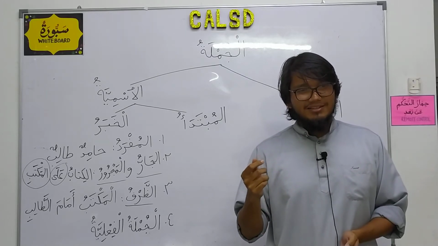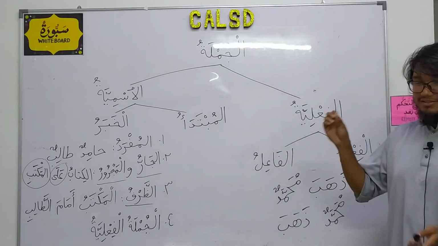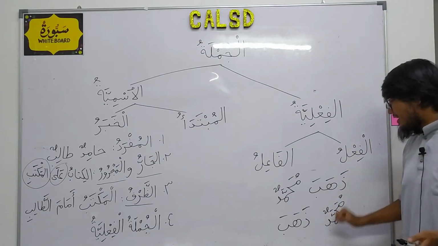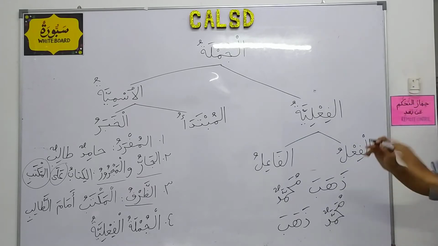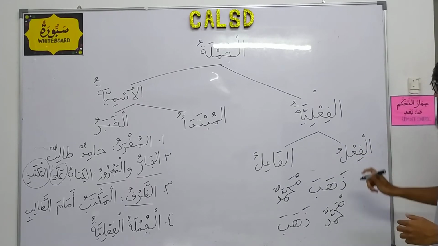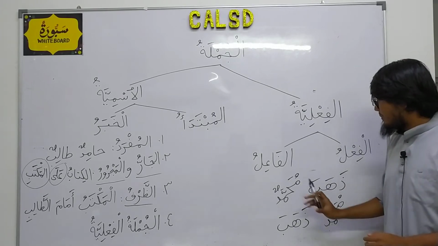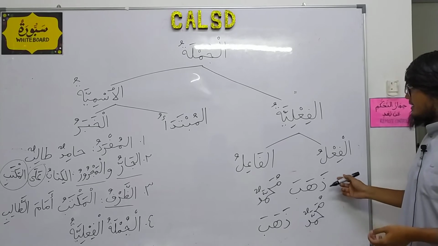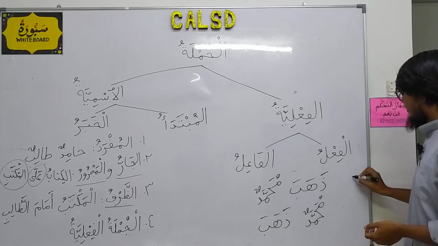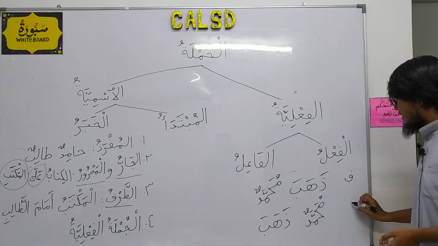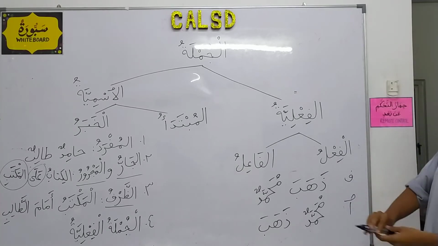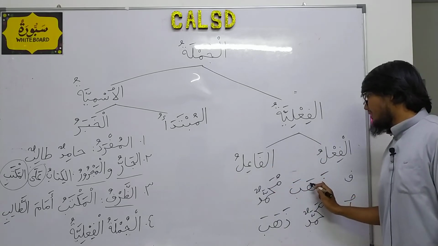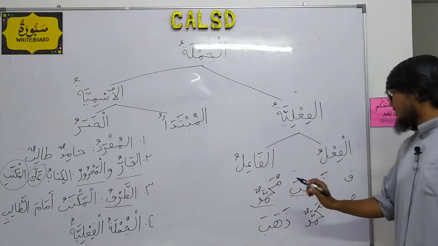There's a sense of penekanan, basically the doer is being stressed upon. I wouldn't say stressed upon, being focused on. Okay, Muhammadun. Muhammad is the one who went. So that aside, the meanings aside, the difference between dhahaba Muhammadun and Muhammadun dhahaba: this is jumlah fi'liyah. This is fi'liyah. This is ismiyah. So when we say fi'liyah, there is a fi'l wa fa'il. So this is the fi'l, this is the fa'il.